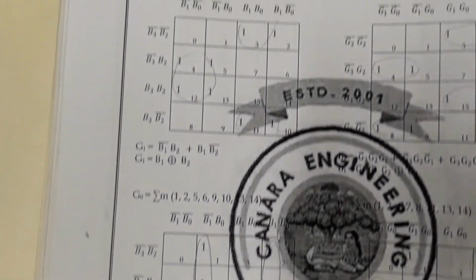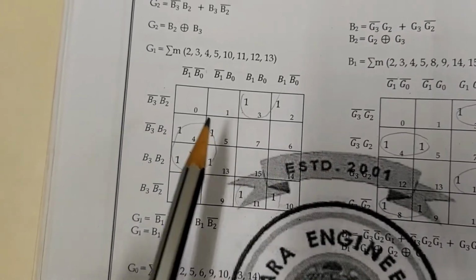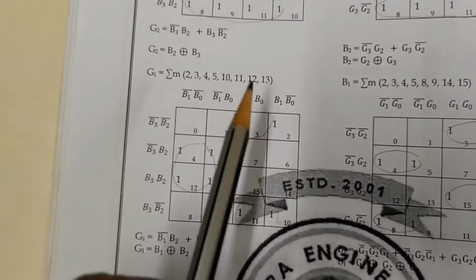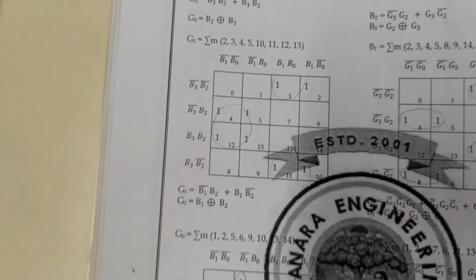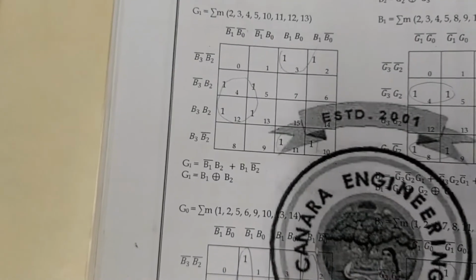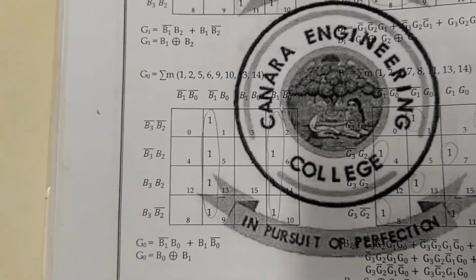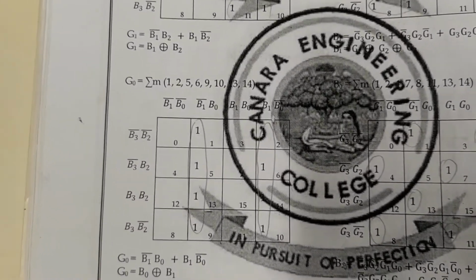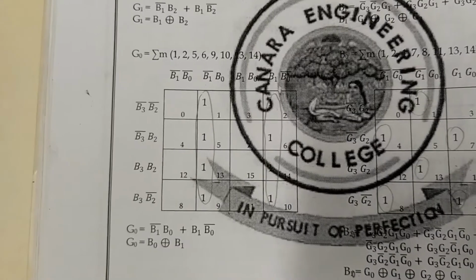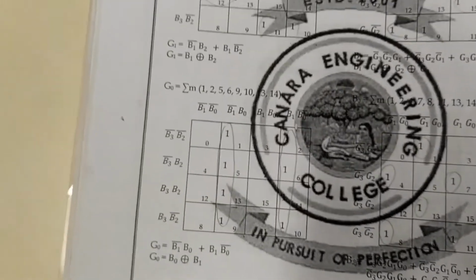and you can check the truth table for G0 also. And also there you can see a light grouping has been done in pencil, so you can see that this is forming a quad, and this will be forming a quad. Corresponding to that, the formula will be B1 bar into B2 plus B1 into B2 bar. Moving on further, the formula for G0 from the truth table has been taken and plotted in the K map, and the formula corresponding to that is B1 bar into B0 plus B1 into B0 bar.